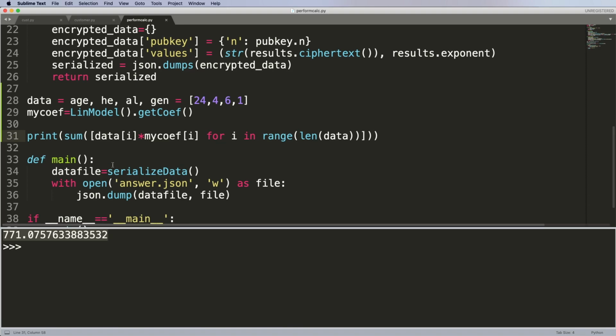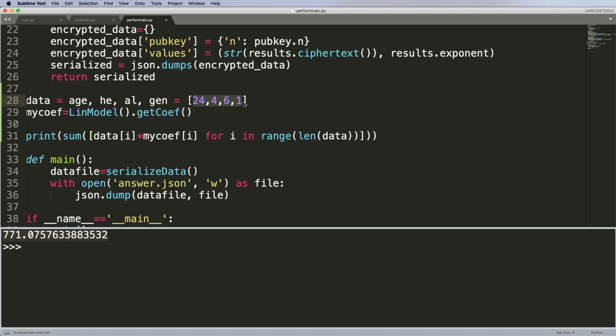So in essence, what we've been able to successfully do is send this data in an encrypted format to an organization because we don't want them to know these numbers. They took encrypted data, they did machine learning against it, in this case a linear regression model, and sent back an encrypted result. We decrypted that with our private key and we got an answer, which is kind of cool. So this actually works really, really well.